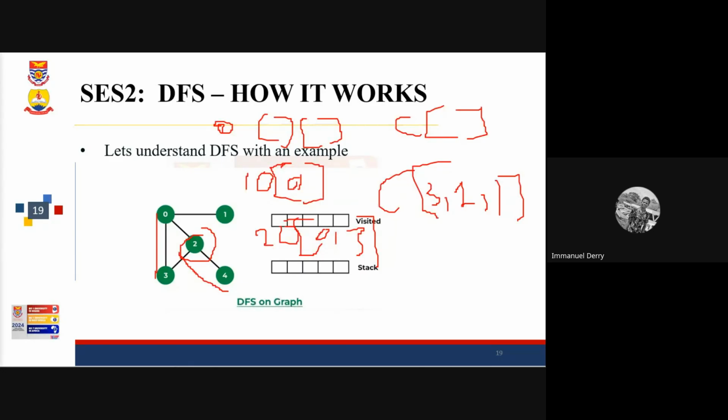We are from 0, so we are not supposed to go back to 0 again. And then 3 is connecting to 2, but 2 is already in our closed list. So we don't have to repeat the 2. So we have 2 and then 1. And then for the third step,